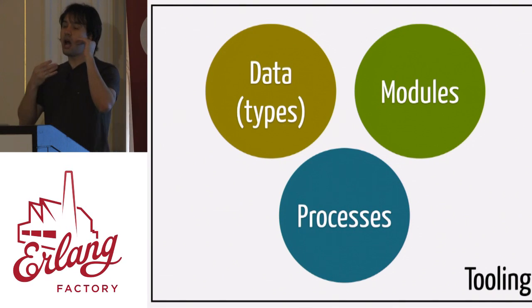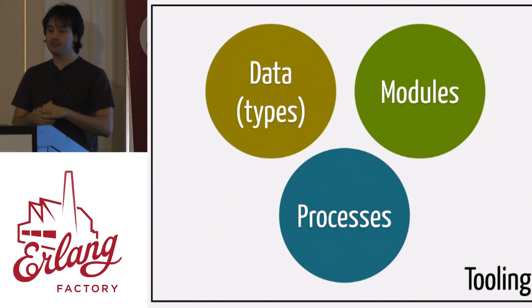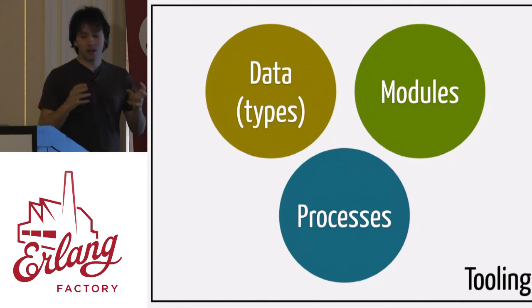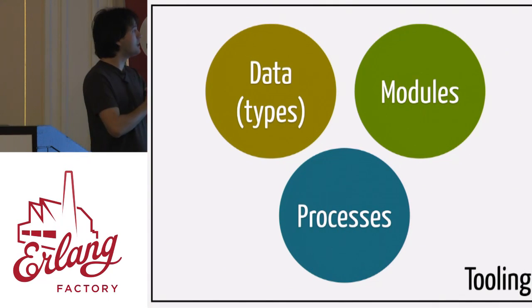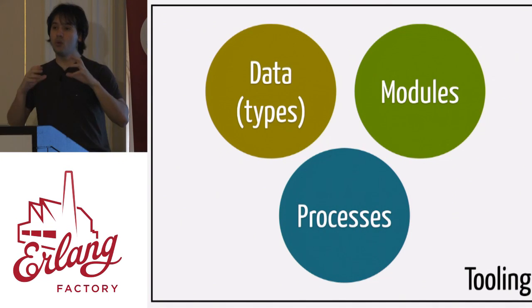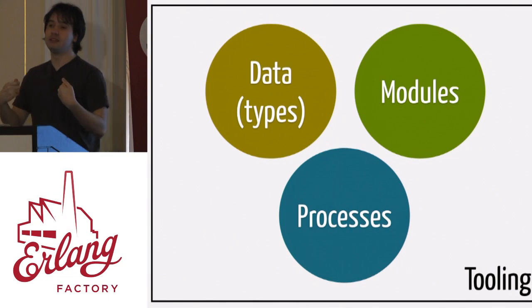Modules are also our abstraction for doing hot code swapping. And we even have things like behaviors that allow modules to specify contracts. So they are very well developed too. And looking back, what I think about this is that the data types, when we look at those three things here, are the ones that were not as well developed as everything else.